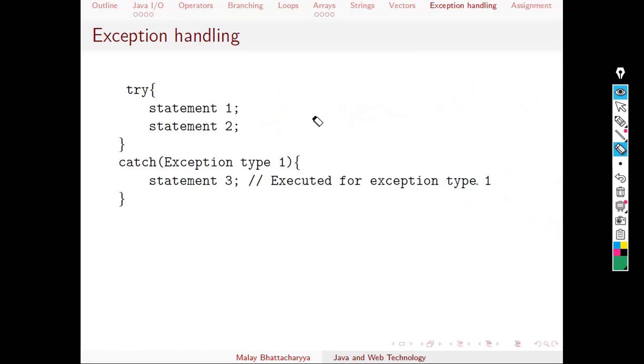A try block is always followed by a catch block where you have to mention your exception. So you have to mention the exception type, and you have to create an object of that particular value. So here, suppose exception type 1, and we have written exception 3. So if any of this particular statement generates an exception of this type 1, this particular statement is going to